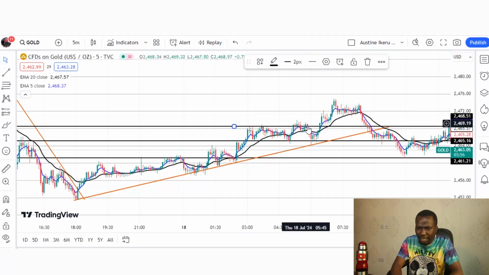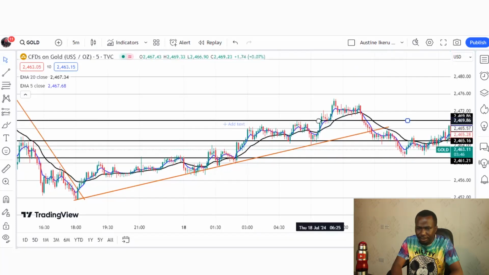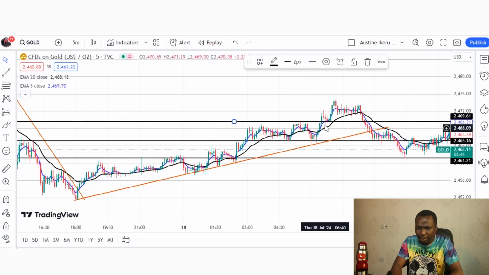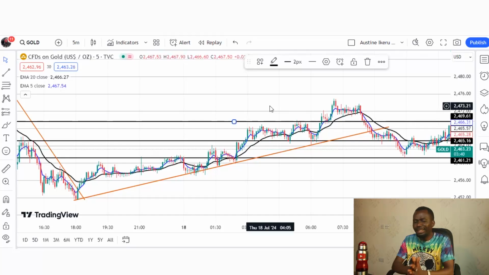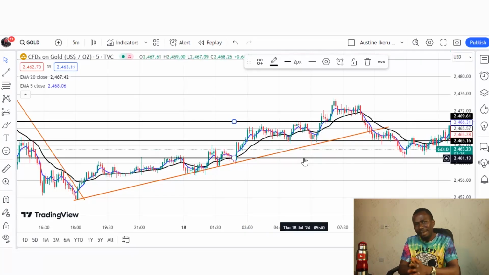And then the price came down again to the same level. Then you can still take another buy trade and still target the same level as your take profit, and the price rallied up and smashed your take profit. So you can clearly see this is what you will be doing until the market changes direction. But make sure you are trading based on price action.